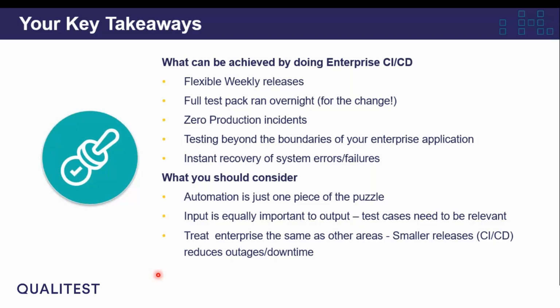Automation is just one piece of the puzzle. Automation is important, but automation focuses on the continuous integration. So automation can run every time a change is made. That's correct. But what we need to focus on is the other elements. So what about the continuous deployment side of things? And these are the aspects that we blend together to make the framework to ensure that we can deliver CI/CD for an enterprise landscape.